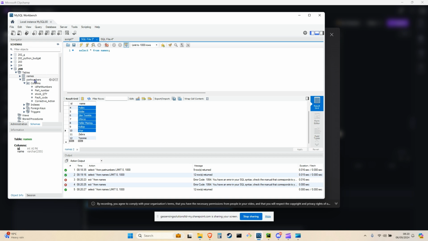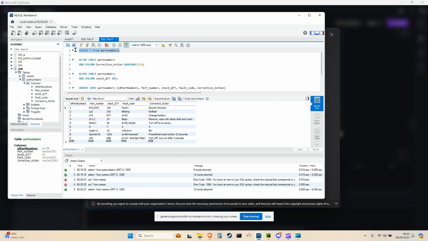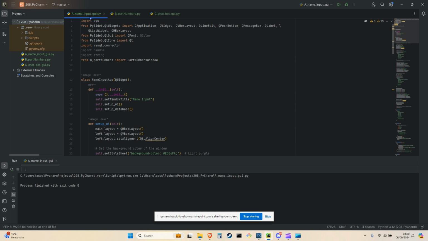Then we go to the part numbers table. We execute the top line query, and it returns from the database the part numbers, stock levels, fault codes, and corrective actions. Now, when we run the program,